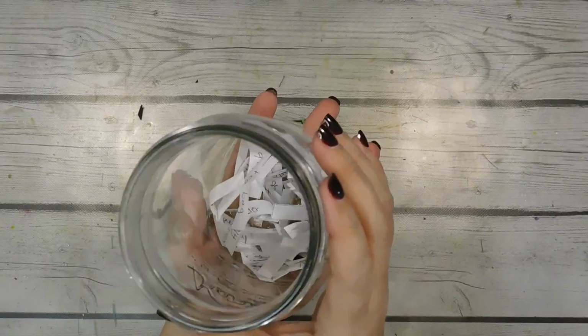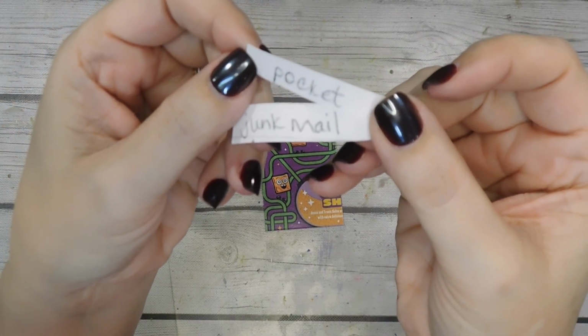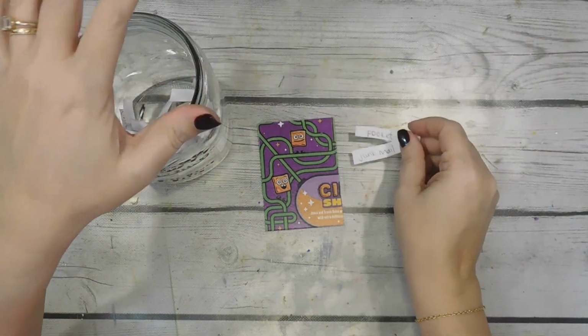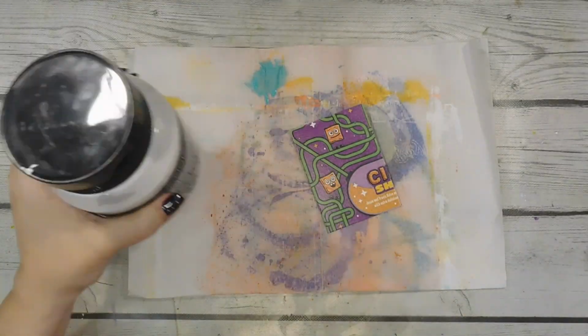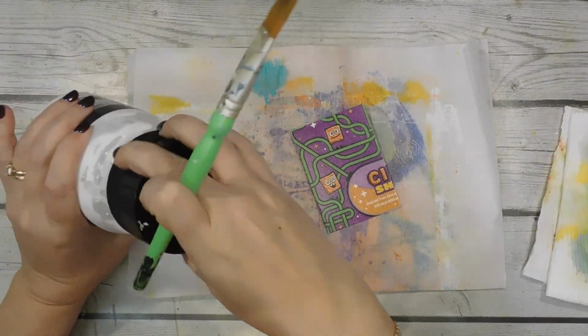But let's get started. I did go back to the prompts again this month and I drew out two, it says pocket and junk mail. I drew out two prompts. And so I'm going to start by taking some